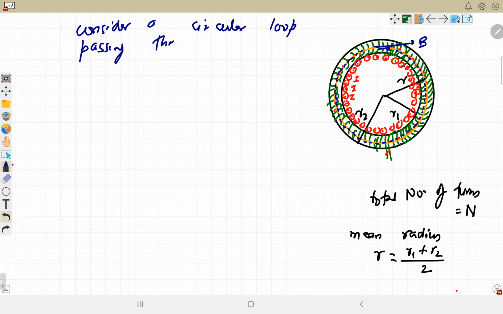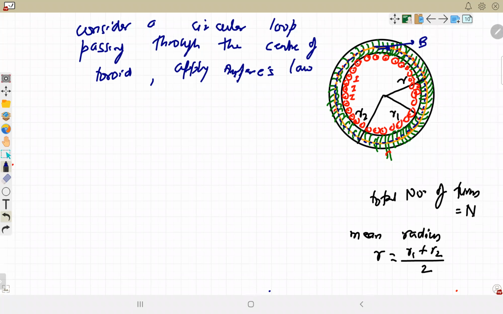Consider a circular loop passing through the center of the toroid, and apply Ampere's circuital law for this. Integration of B dot dl is equal to mu naught times